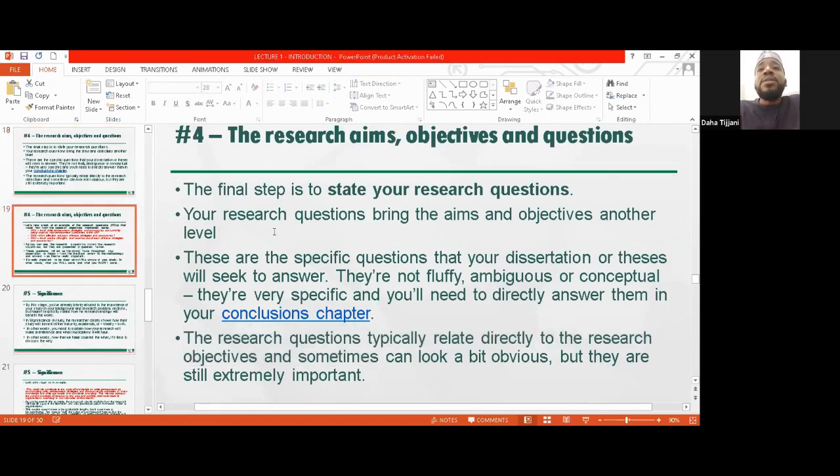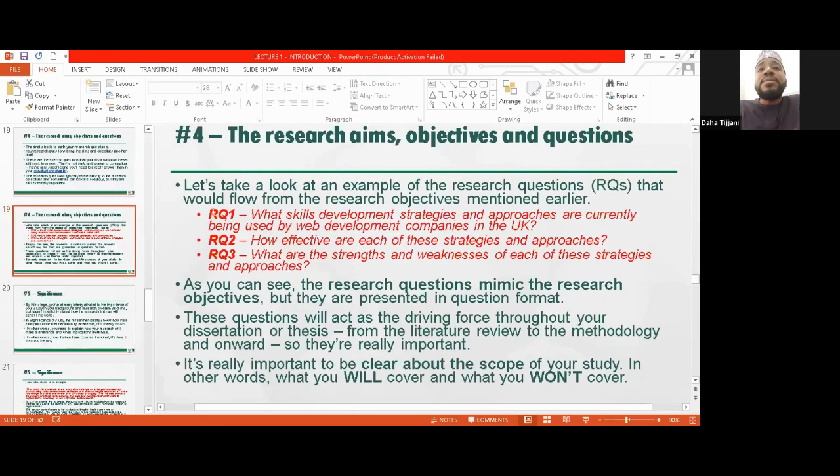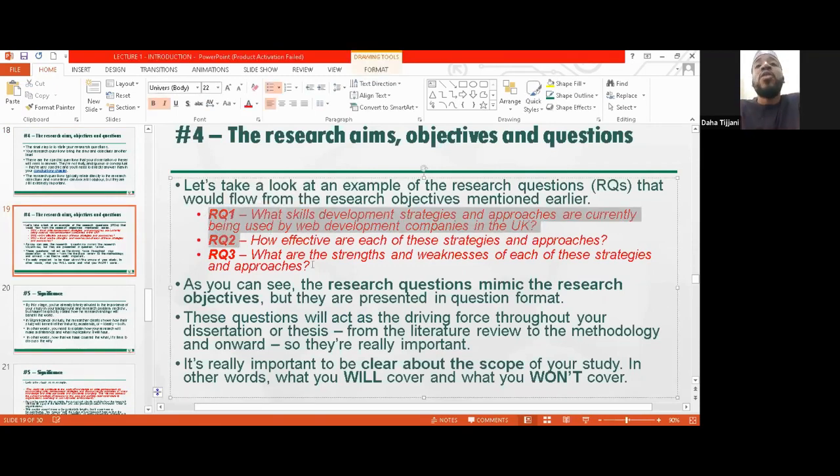So for example, here RQ1, you can see we have RO1, RO2, RO3. If you have 5 research objectives, you need to have 5 research questions, and also 5 research hypotheses. As you can see, the research questions mimic the research objectives, but they are presented in question format. These questions will act as the driving force throughout your dissertation or thesis, from the literature review to the methodology and